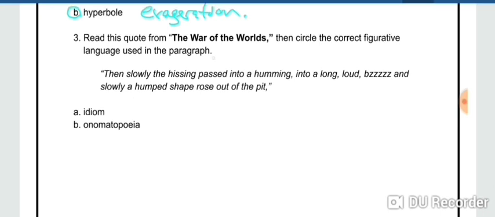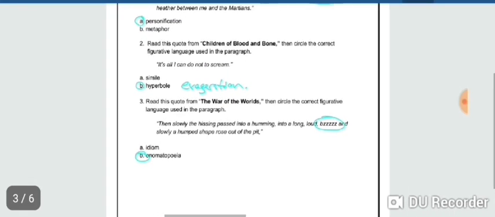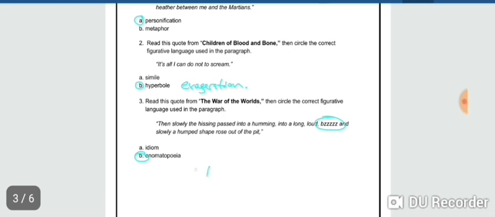Then slowly, we're going back to the War of the Worlds, the first text we had. Then slowly the hissing passed into a humming, into a long, loud buzz, and slowly a humped shape rose out of the pit. Okay, we have this right here. That's a word spelled like what it sounds. That is onomatopoeia. Okay, and so what we've done so far with these three questions is we have identified